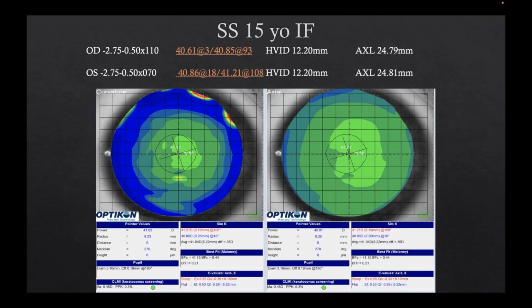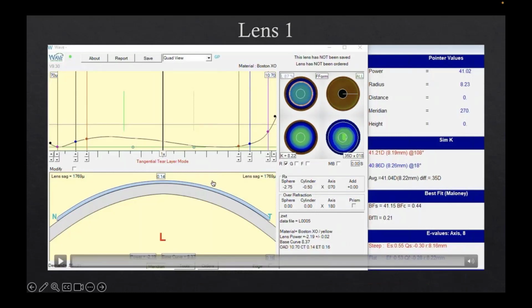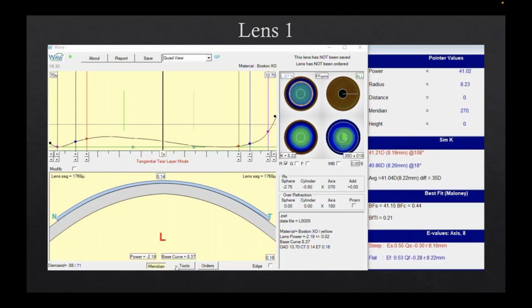So just being flat should not stop you from being successful. And if you look at the elevation map on this one, you can see that this is a relatively spherical cornea. I mean, we go from 0 to -13 tops. So this thing is a relatively spherical cornea. And so you'll see, I did this one a while ago,